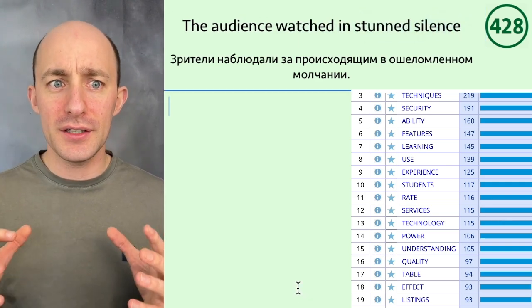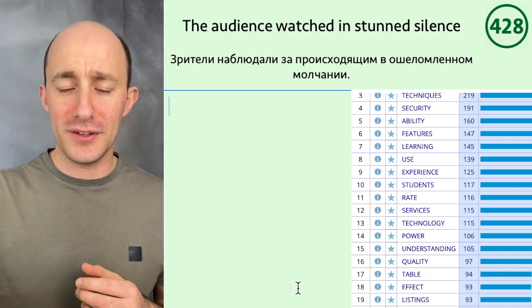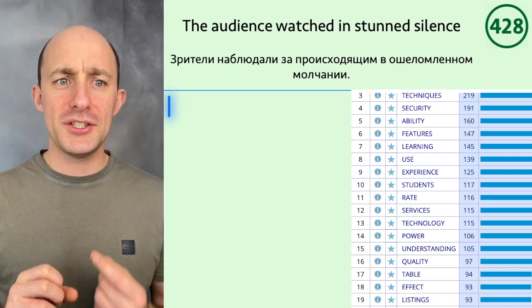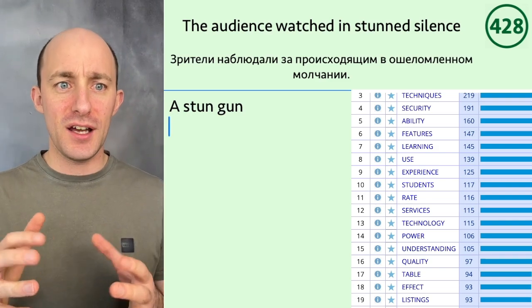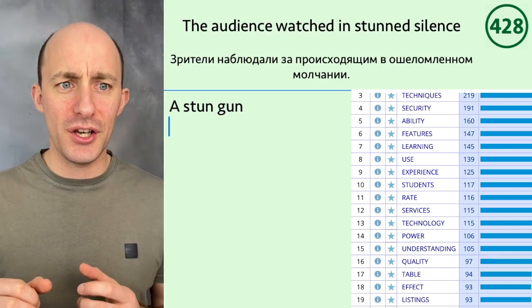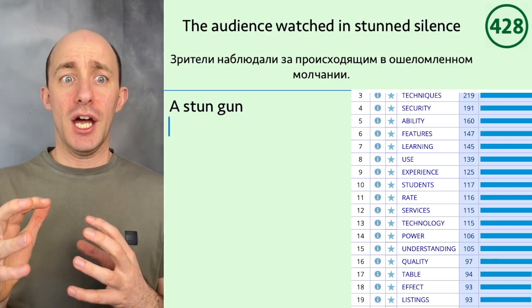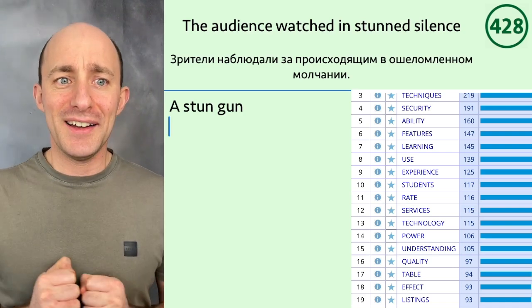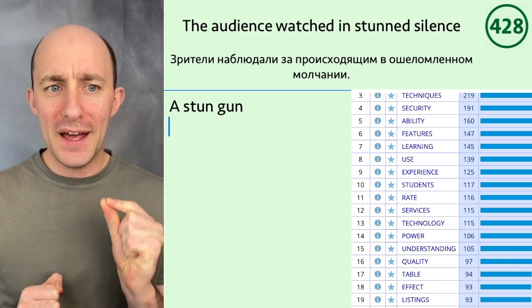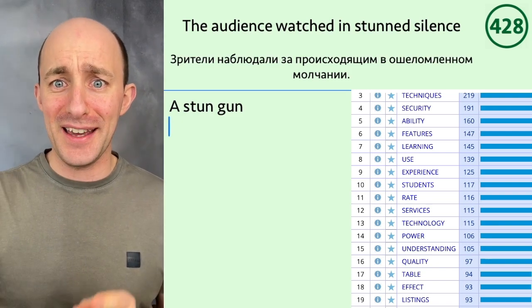If you're stunned, you can't move. There's something called a stun gun, which uses electricity to stun you. So if you're stunned, you are so shocked and surprised that you can't move. Now that might sound like a bad thing. However,